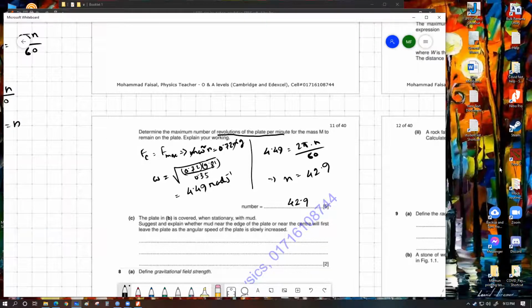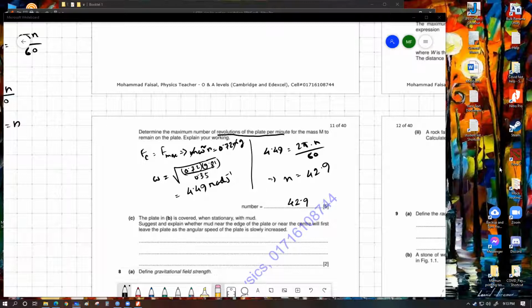I'm keeping my chat window over here and the participants list over